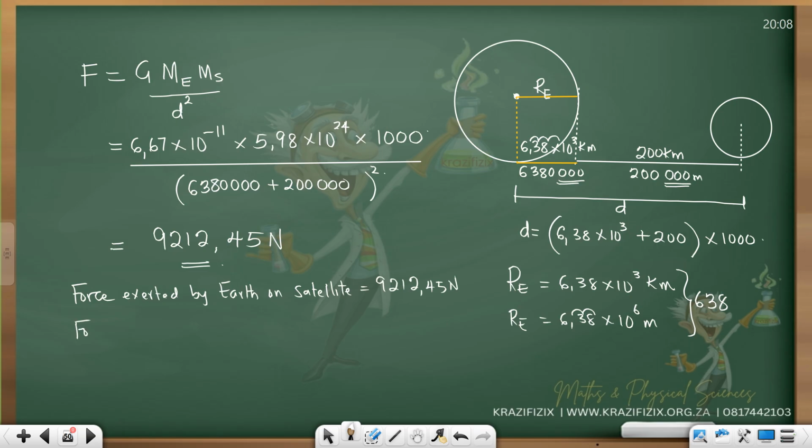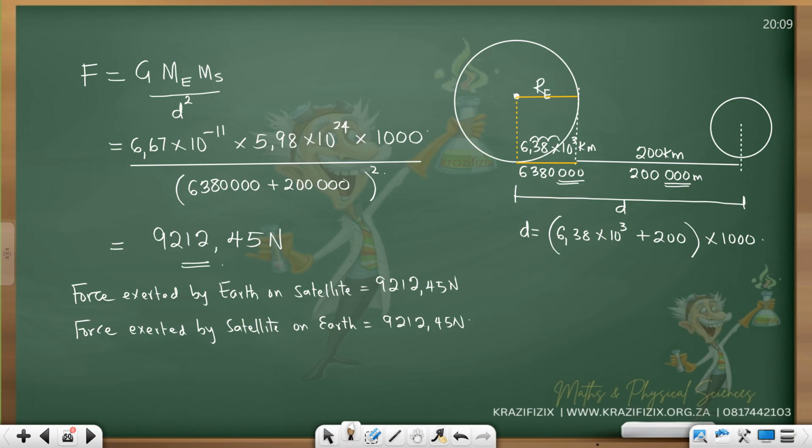Now, finally, my final statement. What is the force exerted by the satellite on the earth? It is the same thing. You don't need to recalculate. And why is this so? This is so because of Newton's third law. If the earth exerts a force on the satellite,